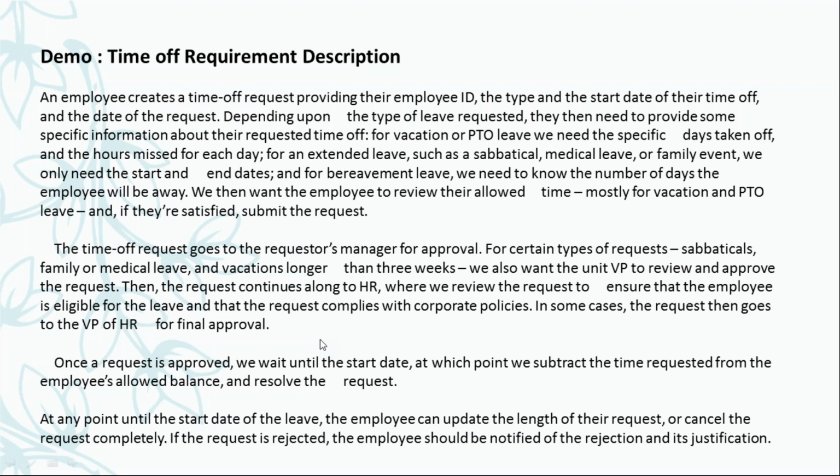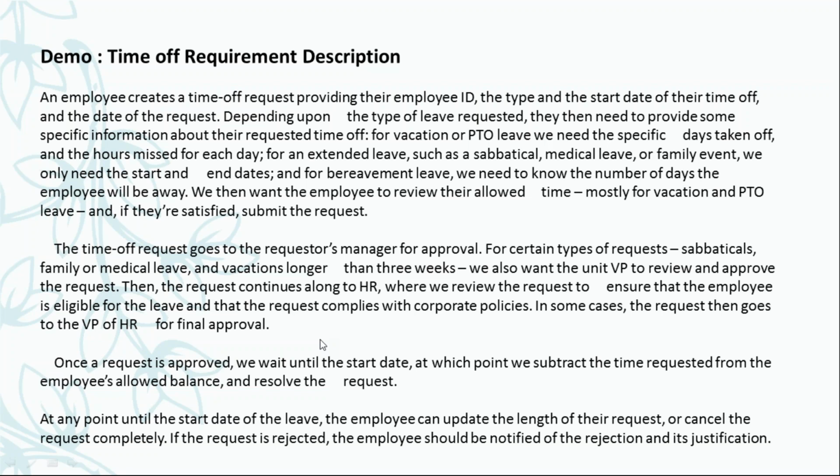There is actually 3 onto that, like cancel and reject. Yeah, that's 2. And one more, you can see the employee can update the length of their request. So they can change it after it was approved. They can also change the length of the request. So there is one more alternate stage onto that. So there are 3 alternate stages: update the length of their request, cancel the request, or reject the request. That's it.